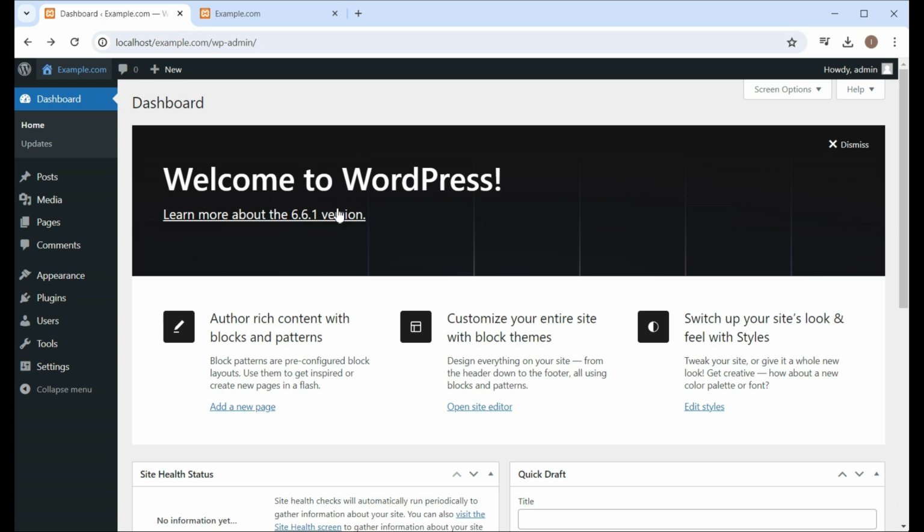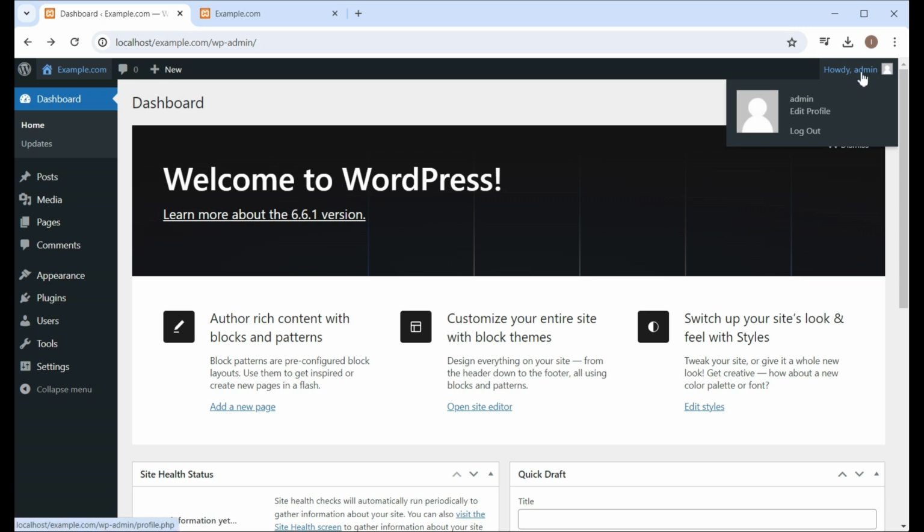And over there on the right, we have got this Howdy admin. On the right side, we got this Howdy admin. This is to edit the profile screen under user. This is the user admin, and we can edit the profile from here.